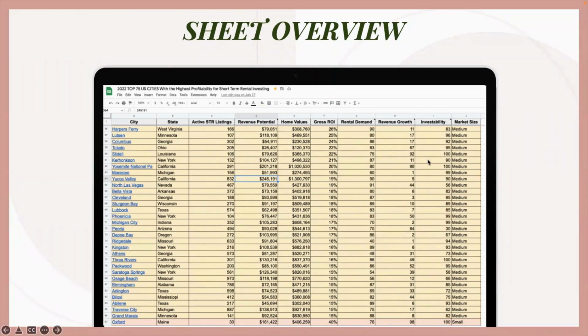It takes into consideration the home values for an entire market, Zillow home values, but that is not going to be representative of the STR home values. So I do not put much stock in investability score, okay? Keep that in mind. When you're looking at your revenue and your home values, this is how you determine your